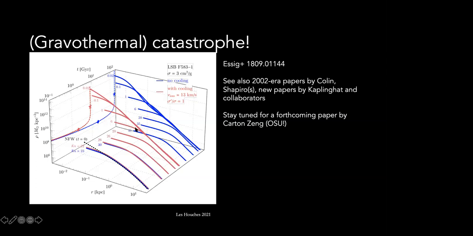But if your cross section is large, then even on Hubble timescales your halo becomes unstable and you get core collapse. Basically, what's going on here is initially you're in the infrequent scattering regime over here, but by the time